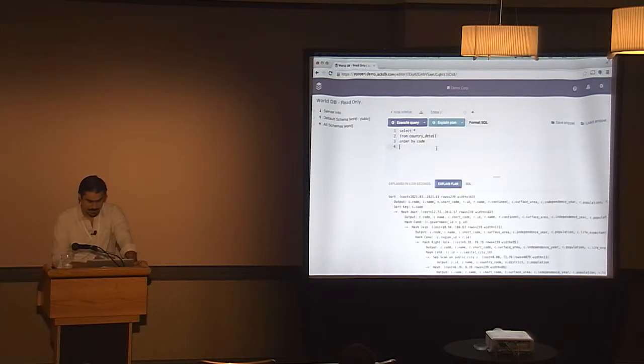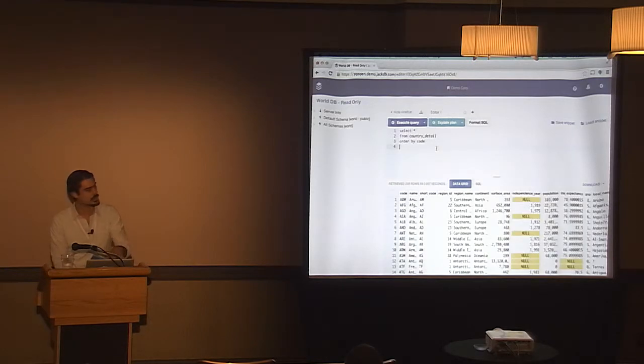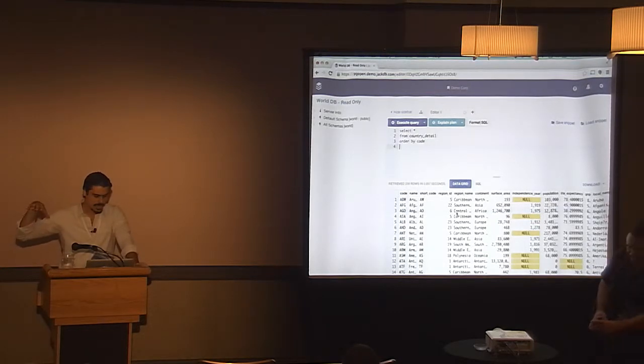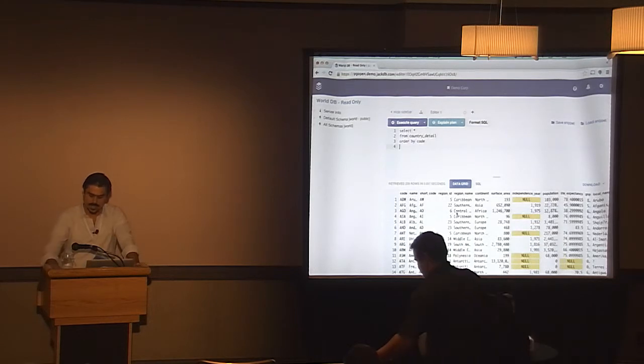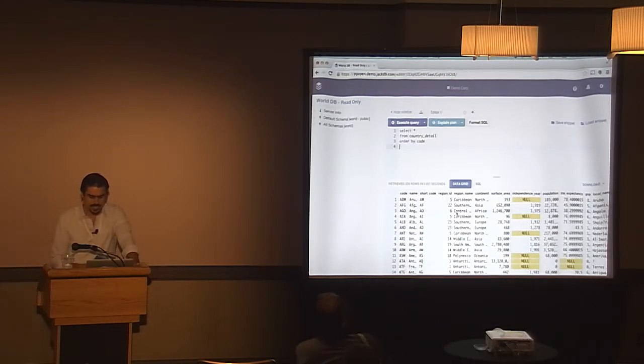It supports explain plans. It supports running queries. I don't know if you noticed, but when I first came in, there was already text written and already loaded into the editor, and the results were already there, because everything's managed on the server side with JackDB actually proxying the connections, so the state for whatever you're working on actually gets maintained as well. So in the case of I already logged in, I already had a query, I already had results. If you're running something, you can leave and come back and everything's still there.